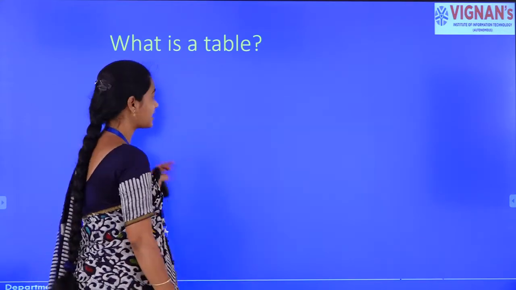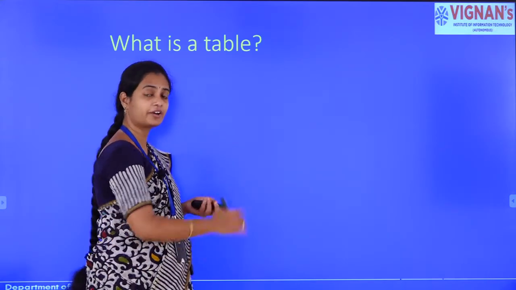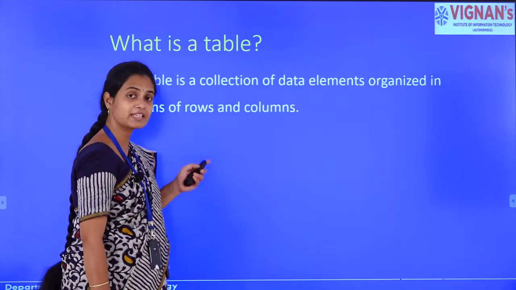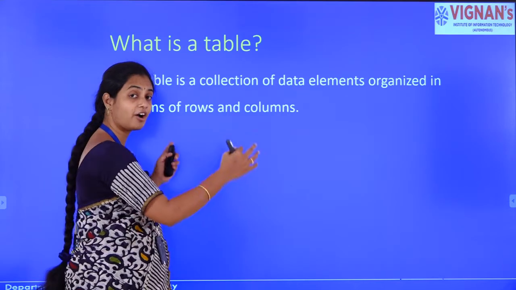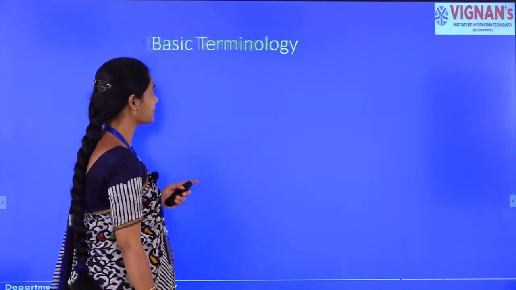Yes. So, this is about the basic thing in the relational model. Okay. So, let me quickly summarize. What is a table? A table is nothing but a collection of data elements which are organized in rows and columns, right. So, if you see the basic terminology